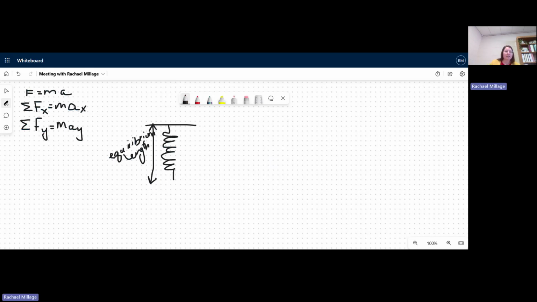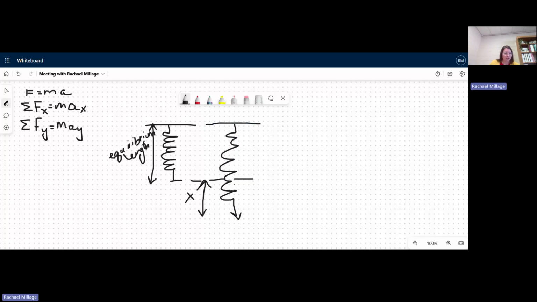This is my equilibrium length when my spring is totally at rest. But what happens when we attach a weight to this spring? We all know what happens. The spring stretches out. And I'm going to call the distance that it additionally stretches right here my x. That's the distance that my spring